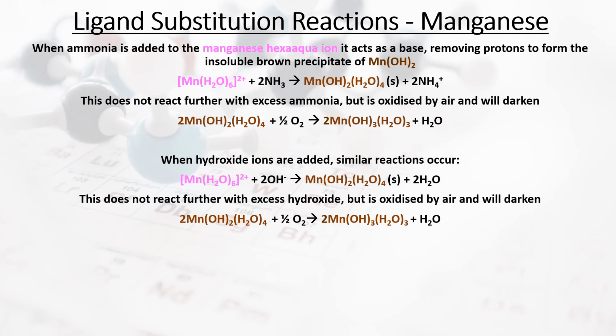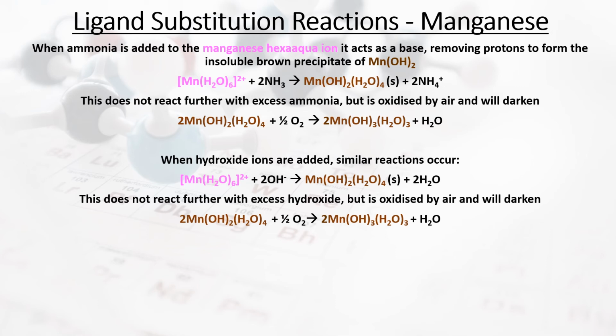So we saw this with the iron 2 being oxidized up to iron 3 in air. Same thing here can happen. So the manganese 2 plus ion can be oxidized up to the manganese 3 plus ion by the air. And so you see this reaction here. Essentially all that happens is we get a slightly darker brown precipitate. So there isn't really a color change, it just goes slightly darker. So essentially you go from having Mn(OH)2(H2O)4 to having Mn(OH)3(H2O)3, so the 2 plus to the 3 plus